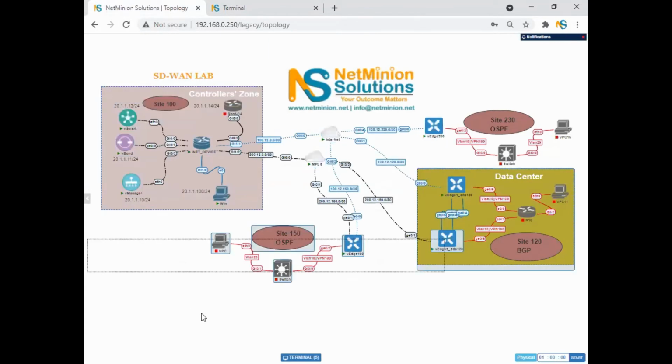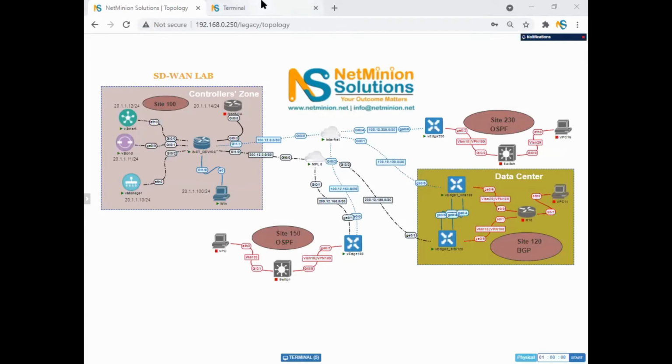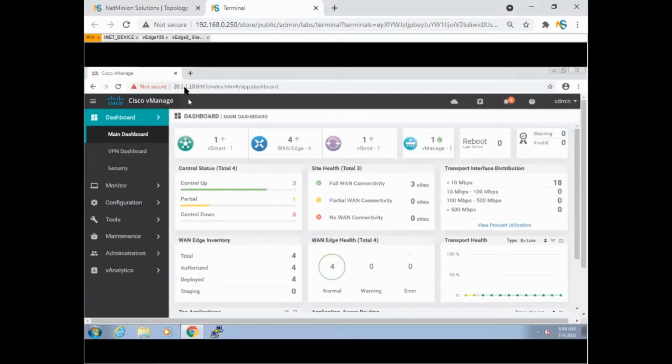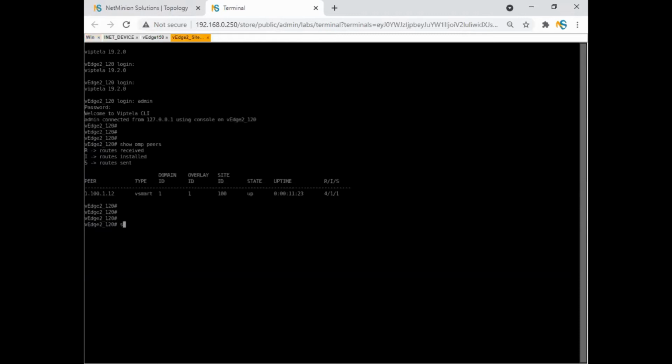No? So vSmart is used for... who is going to answer? vSmart is used for? Act as a control plane. Right, and it will be sending the routes from one site to another site over the OMP protocol. Later on we will be checking how many OMP routes there are. There are different OMP routes, but we will check them later.